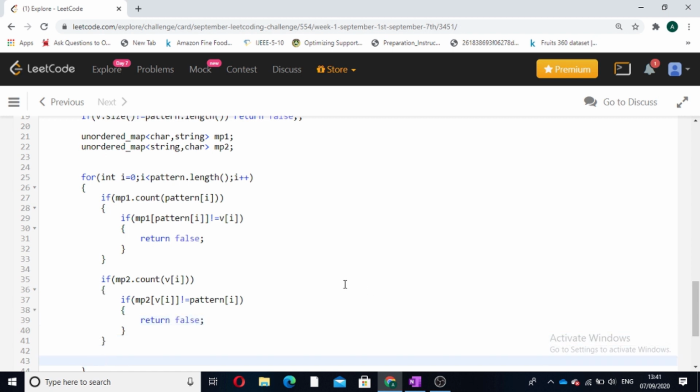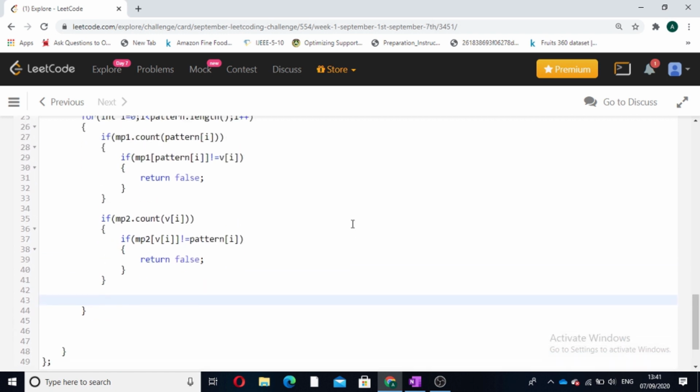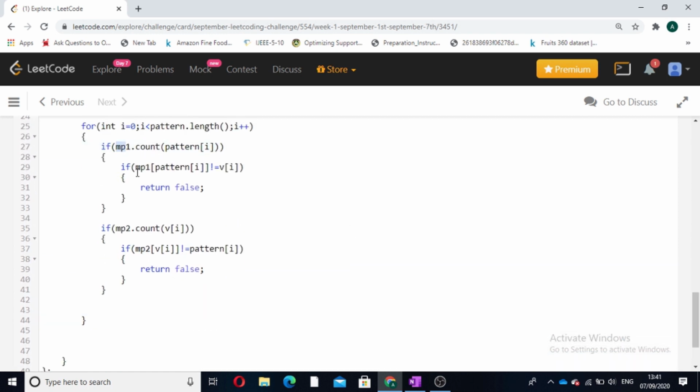Now, if the character is not present in the hash map, we will update its value: mp1 of pattern I is equal to v of I. We will insert the value in the hash map when the character is used as a key.